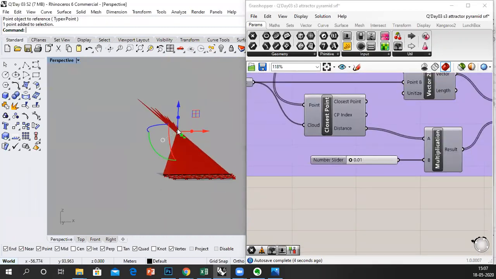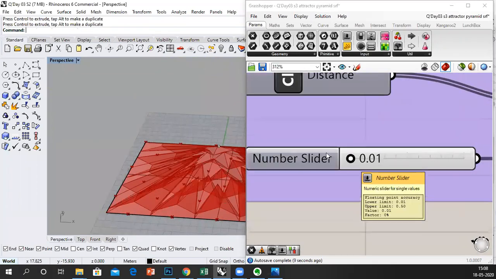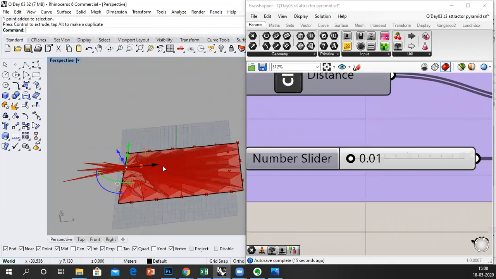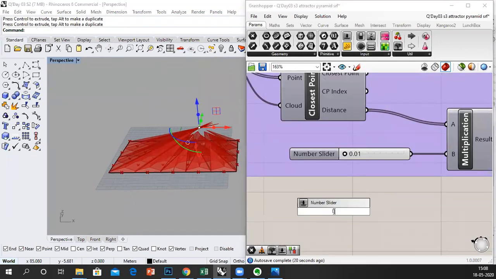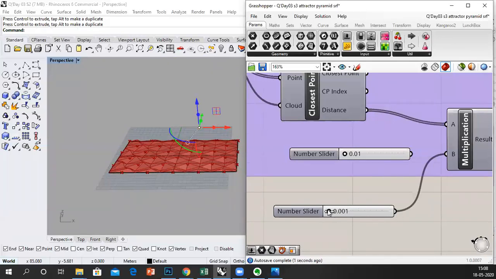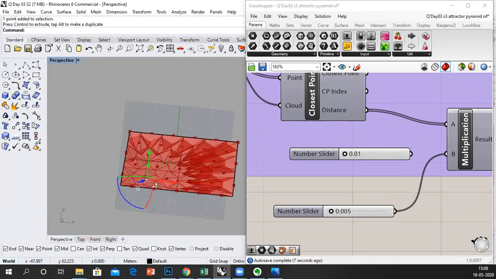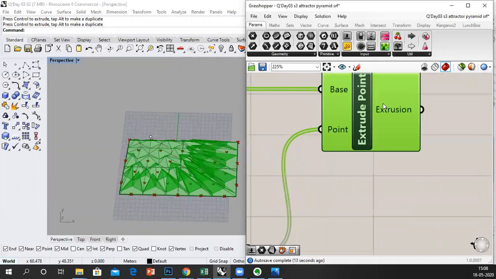So the point is too high. Instead, in the number slider, I'm just going to reduce the values a little bit. So there you go. The same, just that, let me bake this first.